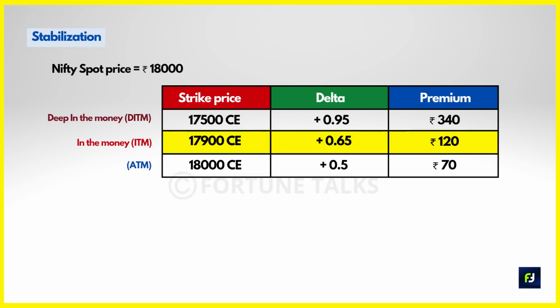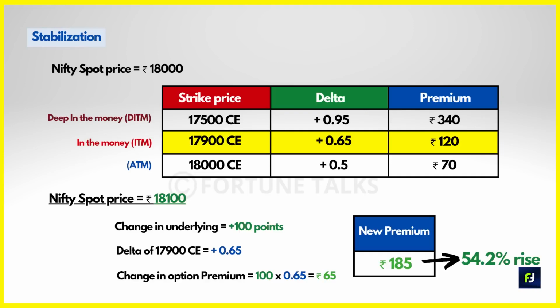Consider Nifty spot price to be 18,000 and consider two call option strikes, namely 17,900 and 17,500. 17,900 is a slightly in the money option having a delta of 0.65 and a premium of 120 rupees, while the 17,500 call option has a delta of 0.95, or assume it to be 1, and it has a premium of 340 rupees. Now if the underlying changes by 100 points, that is Nifty moves to 18,100, then how do you think the two options will behave? To figure that out,